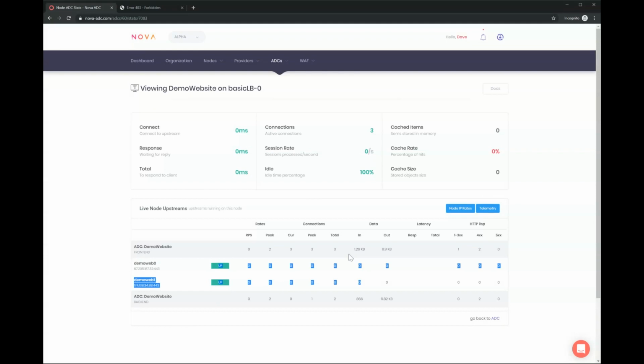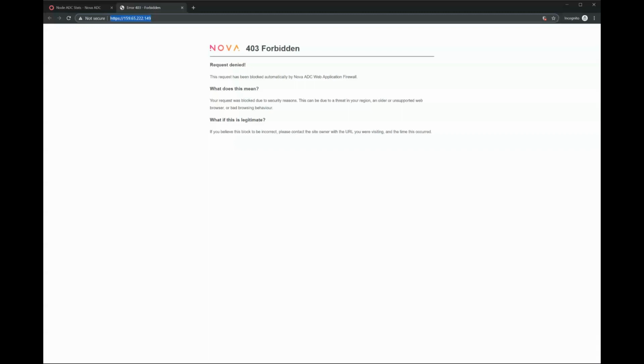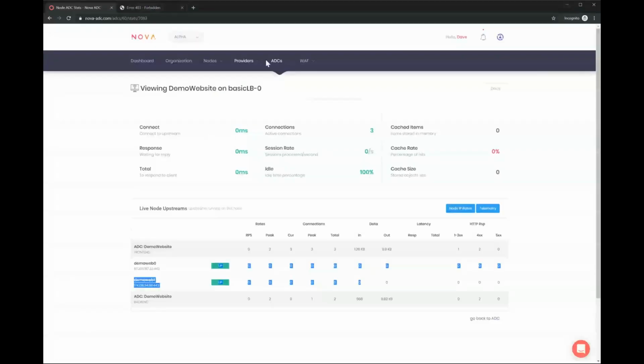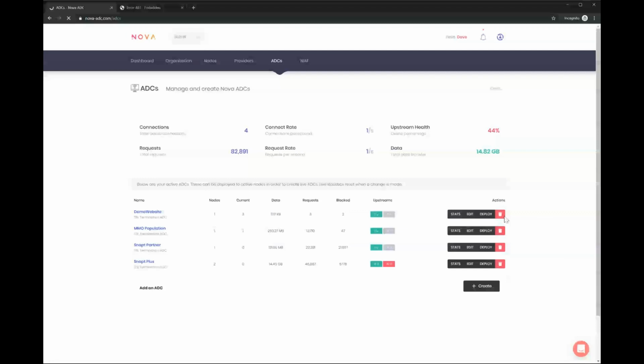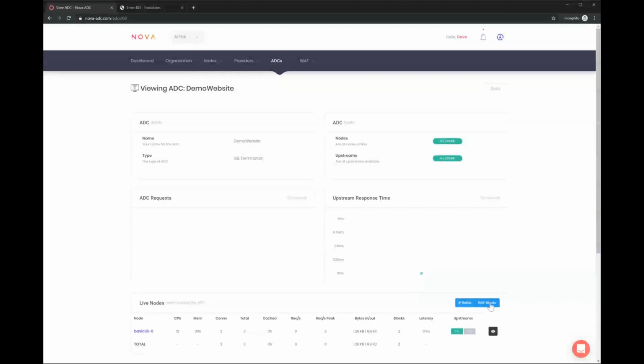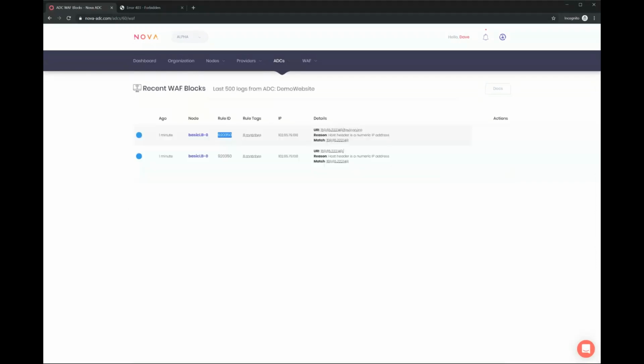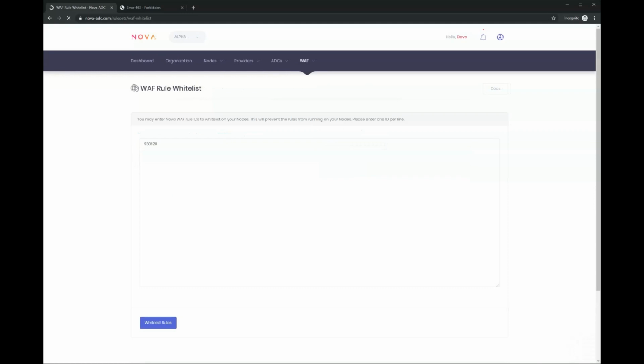So now the next thing that comes up is, how do you do this? How do you route people to this server? So what people will normally do, well, actually, let me whitelist that rule in the WAF quickly. So I'm jumping around a little, but I want to just allow us to get to that site by using an IP address. So I'll come into WAF blocks, and don't worry, we'll come back here soon. But I just want to see that rule ID, I'm going to whitelist that rule so that it doesn't block us for using IP addresses, basically. And we can whitelist that.